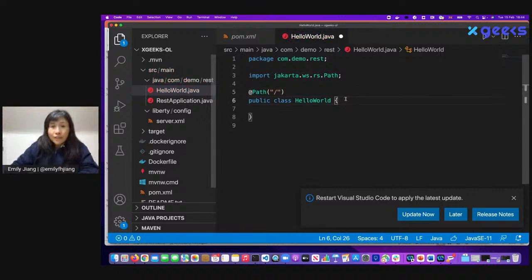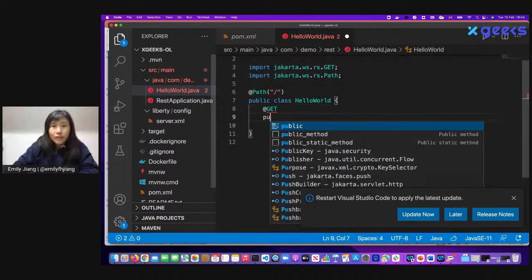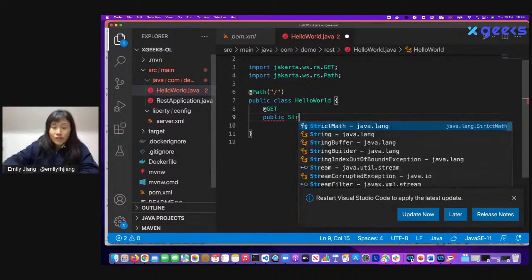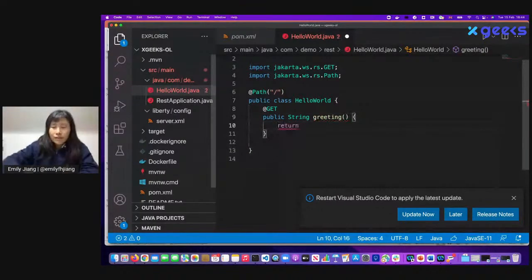And then maybe you can create a GET operation, public String greeting, maybe just return